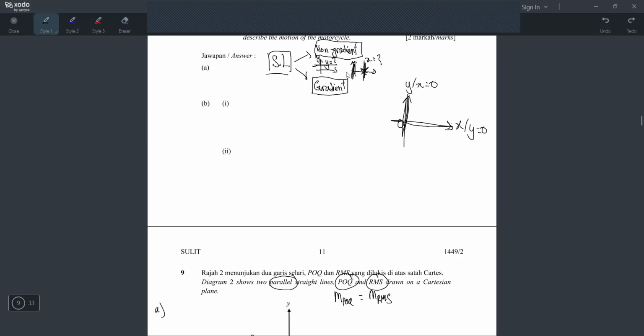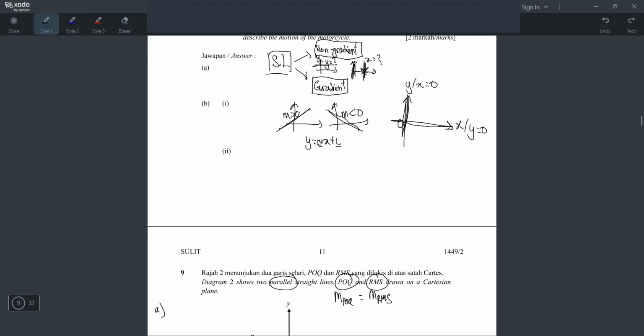Okay, now let's talk about gradient line. Ini non-gradient, ini gradient. Okay, gradient punya line, dia punya line jadi macam ni. Ataupun boleh jadi macam ni. Alright, and the equation will not be like this. For non-gradient, it will be like this. Y equals number, X equals number. But for gradient, it will be Y equals mx plus C. And if the gradient is positive, M positive, the line is going up. If the gradient is negative, the line going down macam ni.